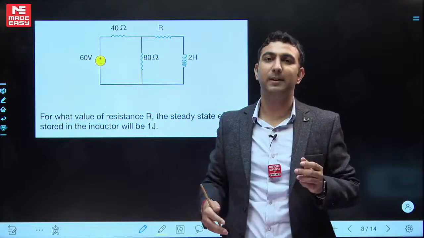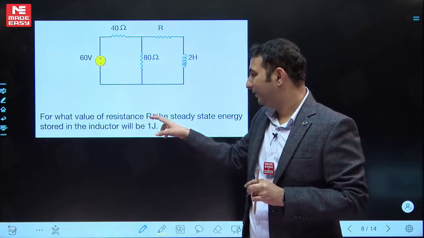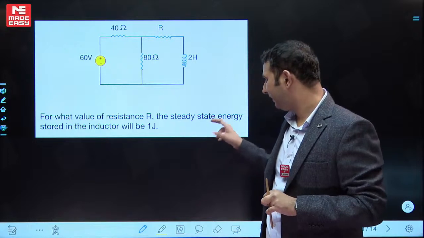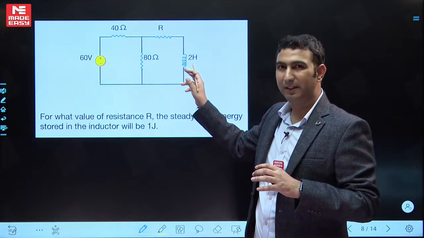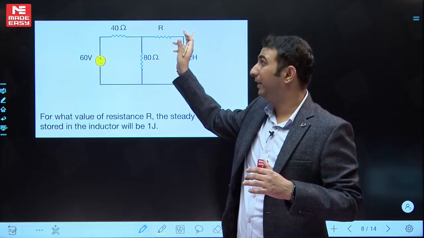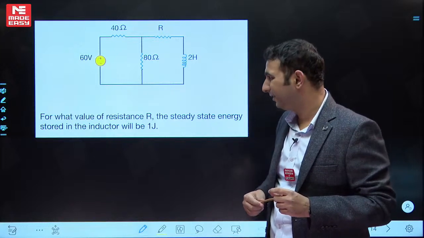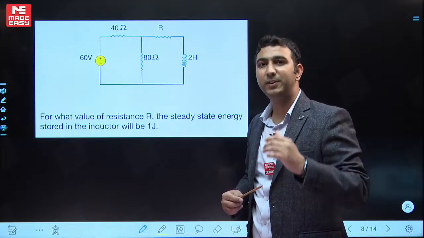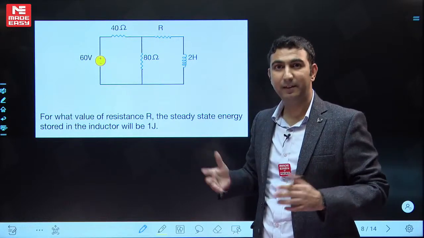Backward process of flow sometimes help you to solve the question. For example, in this question, he is asking you for what value of resistance R, the steady state energy stored in the inductor will be 1 joule. Which energy he is talking about? Steady state energy. It means if I'll be able to calculate the steady state energy in this, then I think somehow I'll get the answer for this one because that will be the only unknown variable I'll be having. Fine. What is the steady state energy? Steady state energy, I can use the formula half L I square, and I square there will be I infinity square. It means I need the steady state current flowing through the inductor. That's it. So let's solve the question.